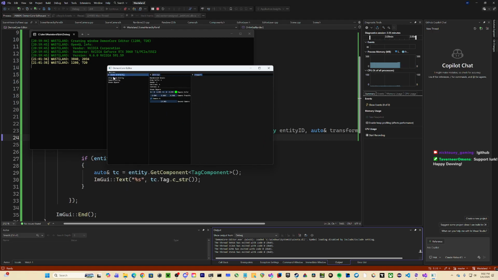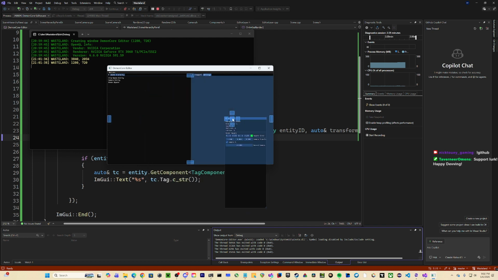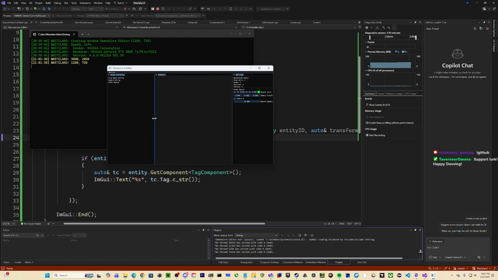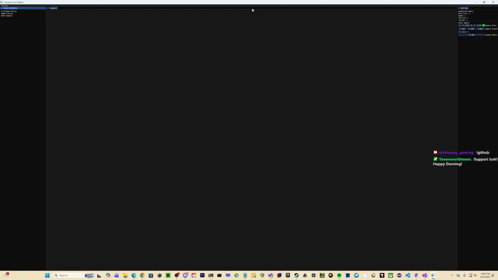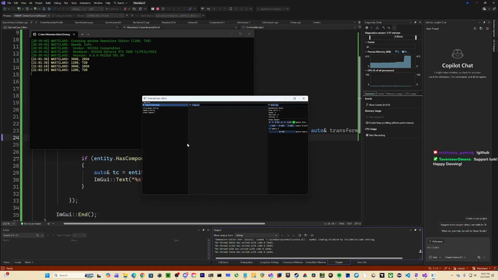You know what? I'm gonna attach this there and attach settings here. Viewport stays centered. Wonder what that looks like. So I can't select any of that.